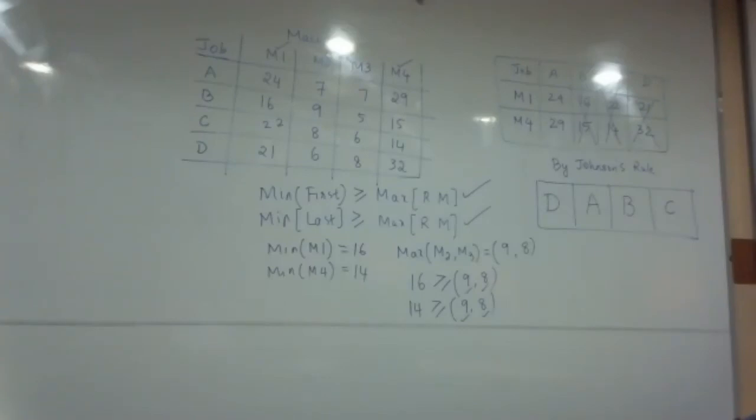Okay. So with that, we have completed module number 5. In module number 5, there were 2 different chapters we dealt with. The first part of module 5 was about assignment problems, and the second part was about sequencing. So we have completed both the chapters now. With this, module 5 is completed.